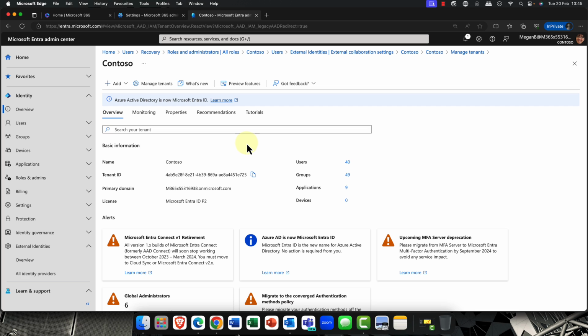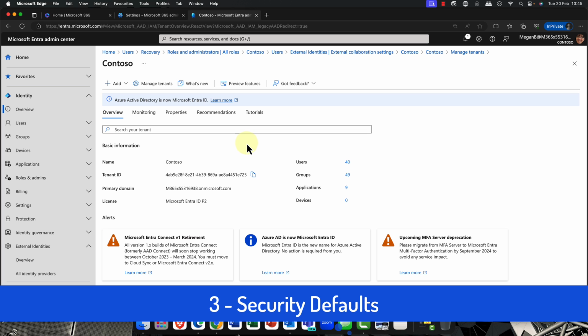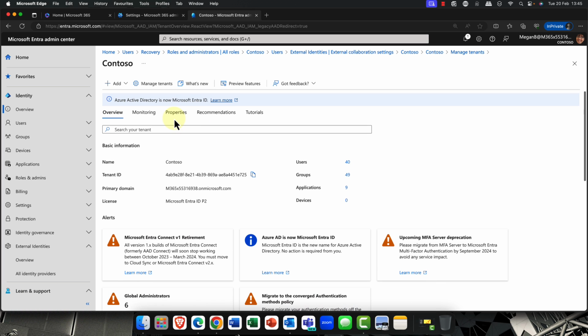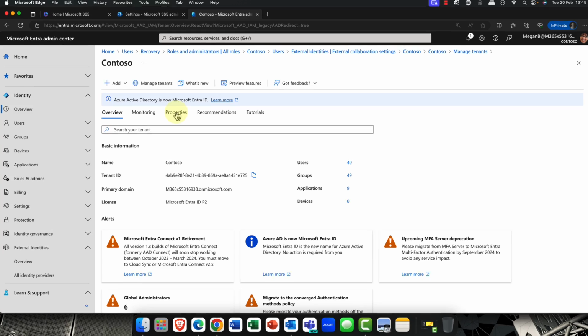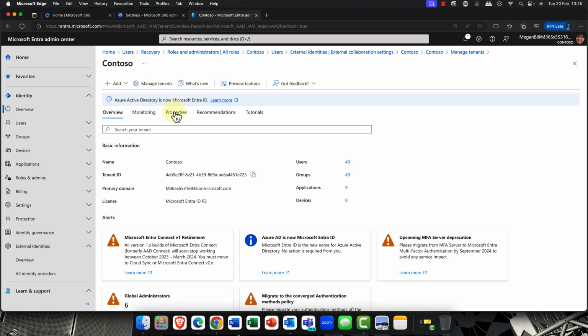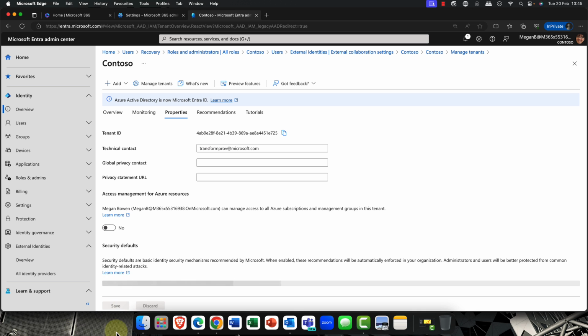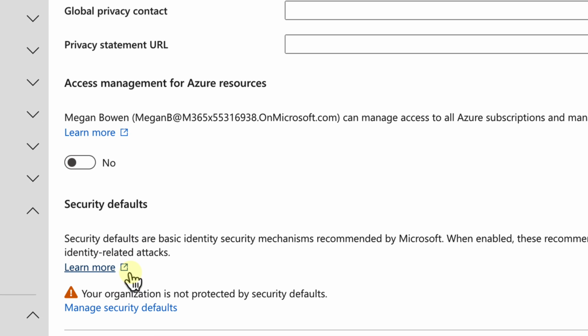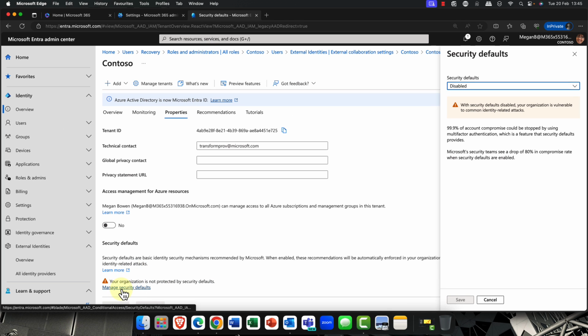So for my number 3, I want to talk about another type of default. This is the security defaults option. You can find this by going into the main Entra ID admin page, clicking on Properties, and scrolling right down to the bottom, where there is an option for security defaults. It's super important that you get this right. Now, this is just perfect for organizations where, for example, maybe it's a brand new tenant, things are not tied down properly, and you just want to get things going.